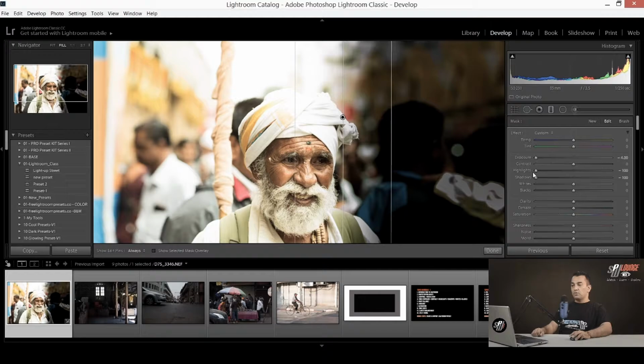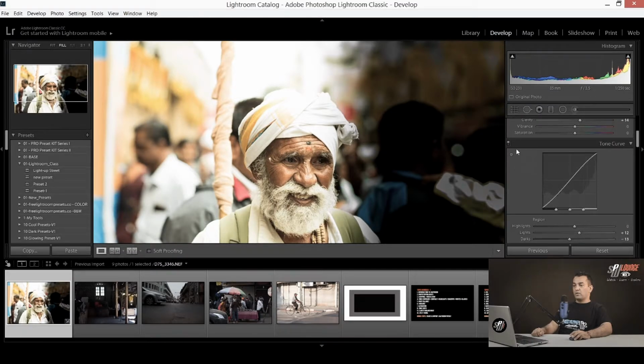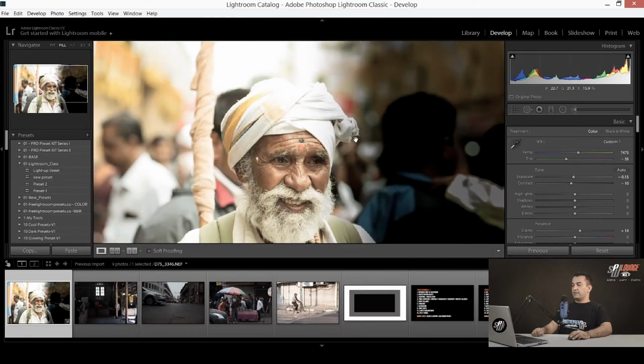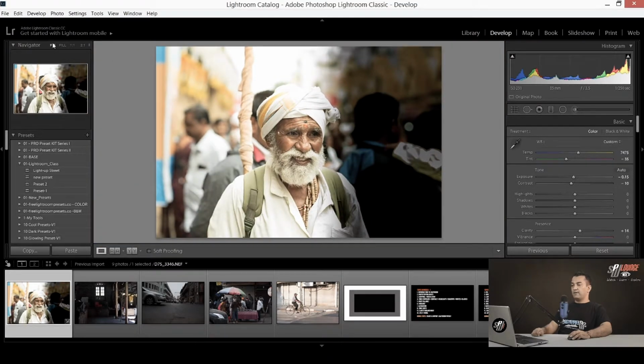So I'm just taking out the light from the image from the right parts, and I'm taking out the contrast from the image. So that's how the image looks. This is the final look.